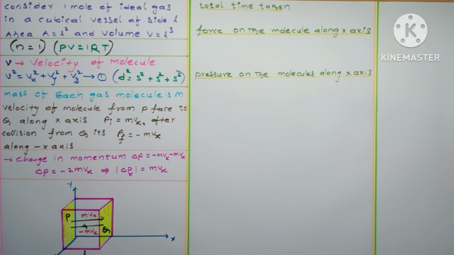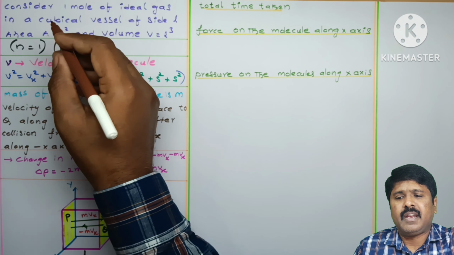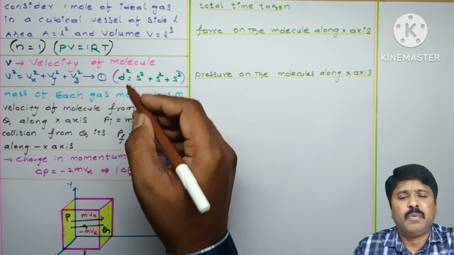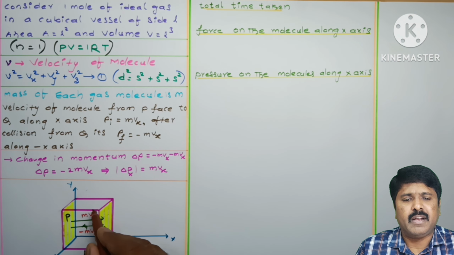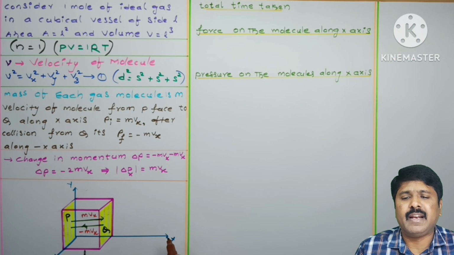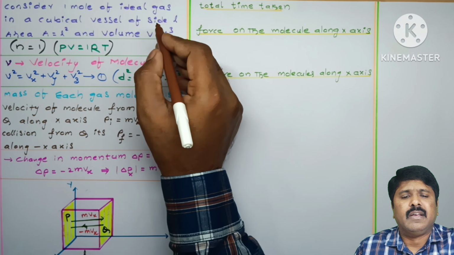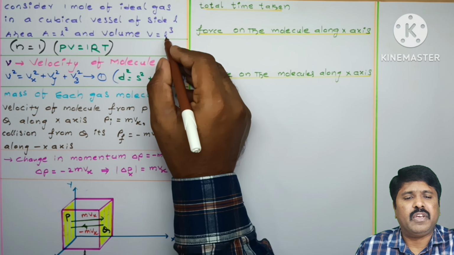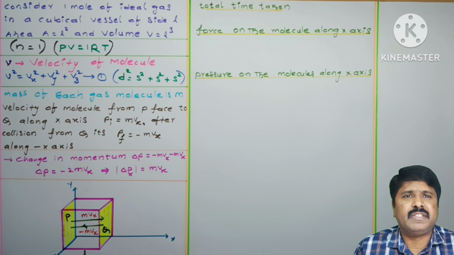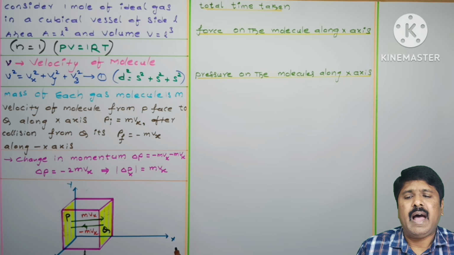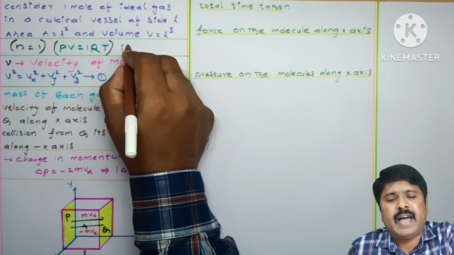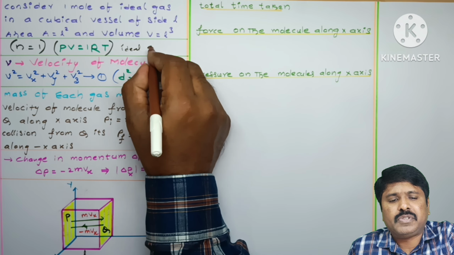See student, first I am considering there is 1 mole of an ideal gas in a cubical vessel. This is a cubical vessel in which 1 mole of ideal gas is considered, and the side of the cube is taken as L, the area of the cube is L square, and the volume of the cube is L cube because it is in cube shape. Okay, and n is equal to 1 written, PV is equal to nRT is the ideal gas equation,